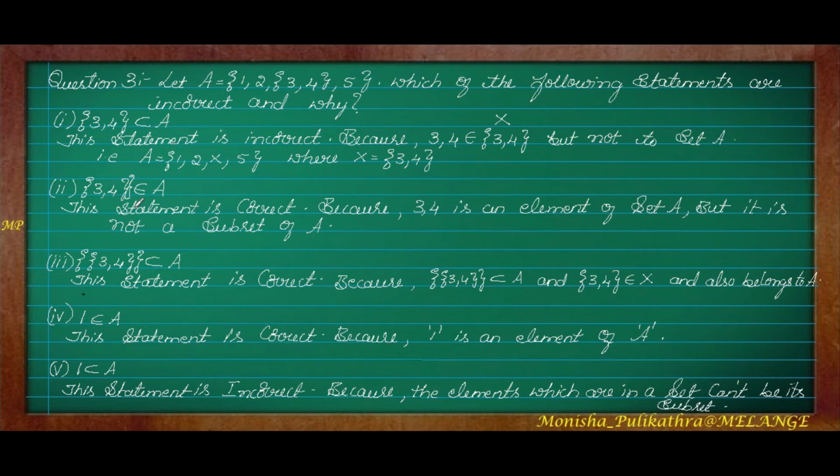So one more question like that, the second question. Here double flower bracket is given. You can notice in the question carefully, {3, 4} inside the bracket and one more outer bracket they have given where this {3, 4} belongs to A. This statement is correct because this X is inside the set A, right? The X is inside the set A, therefore the X belongs to set A but not a subset of set A. Okay, so this statement is correct because {3, 4} is an element of set A but it is not a subset of set A.